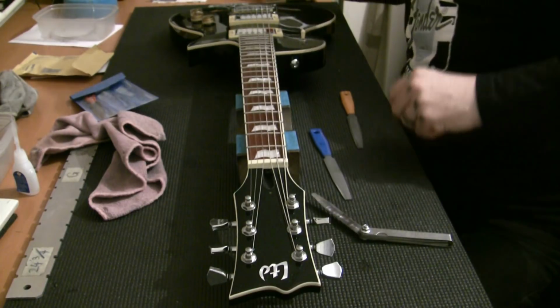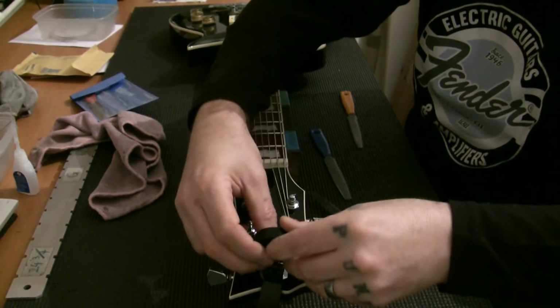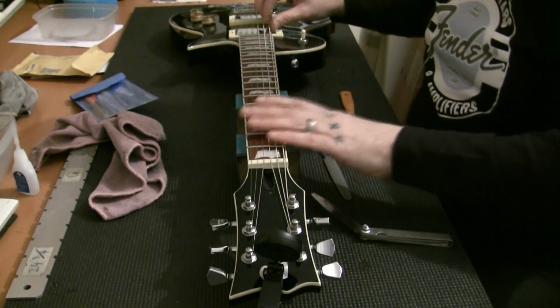So we will get a tuner on there, and we'll keep checking the tuning while we're going to stretch the strings in again anyway. Go for a drop C, so